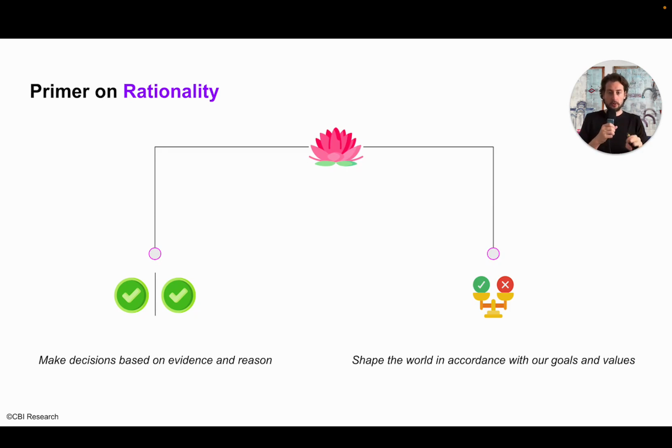But we're going to focus slightly more on the first part. Especially in the context of cognitive biases, we're going to be more concerned about the idea of making decisions based on evidence and reason. To be able to do that, to be able to find the truth and to make decisions according to the truth,